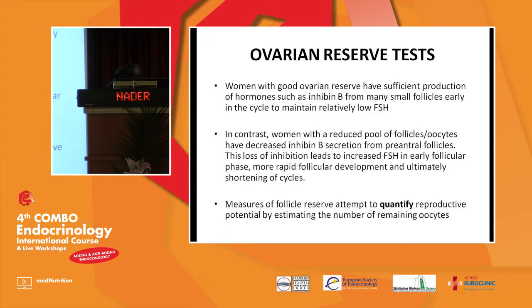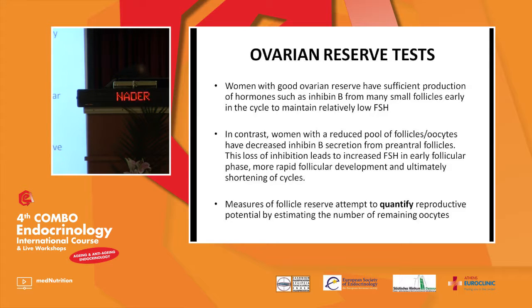In contrast, women with a reduced pool of follicles and oocytes have a decreased inhibin B secretion from the preantral follicles, and this loss of inhibition leads to increased FSH in the early follicular phase, more rapid follicular development because you're pushing things forward quickly, and shortening of the cycles, which is classic of the later